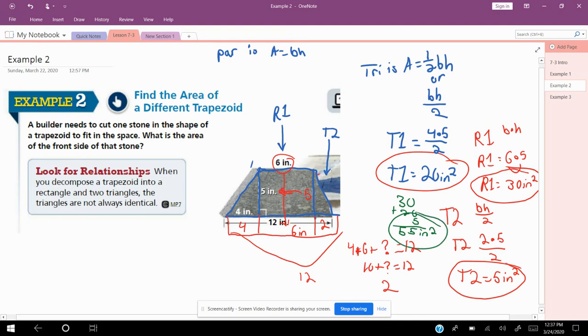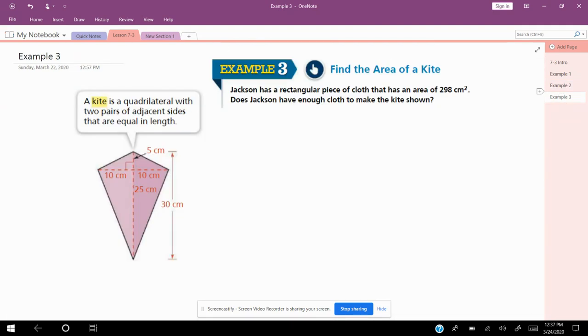Okay, I'm actually not going to go back to the basketball problem for the sake of time. We have one last thing to talk about. It's a different shape, and this is called a kite. A kite has no parallel sides. So it says a kite is a quadrilateral with 2 pairs of adjacent sides that are equal in length, but there's no parallel sides. If I look at this kite over to the left,